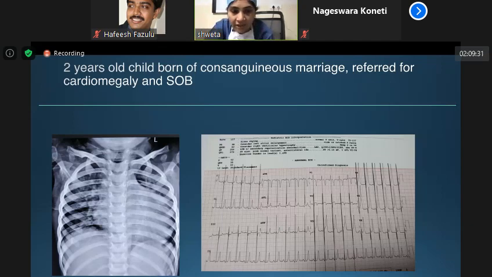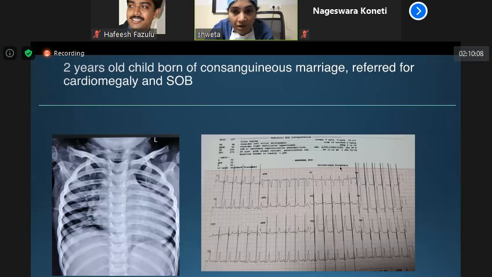What is very striking is the very tall T waves in the chest leads. Exactly. We have always heard about Himalayan P waves, but I'm showing you here Himalayan T waves. These massively tall T waves, reaching some 7 to 8 boxes, are unmissable in this situation. Apart from that, there are very prominent ventricular forces. So what I would suggest is that there is definitely a left ventricular dominance.